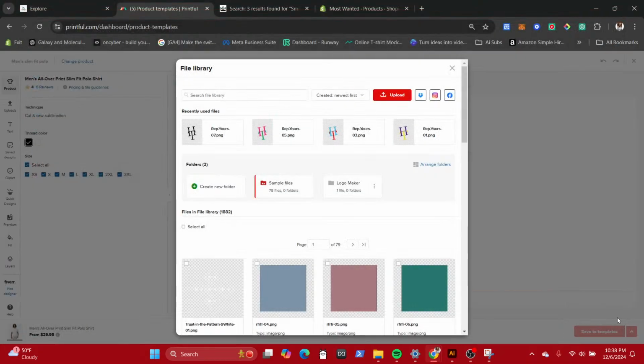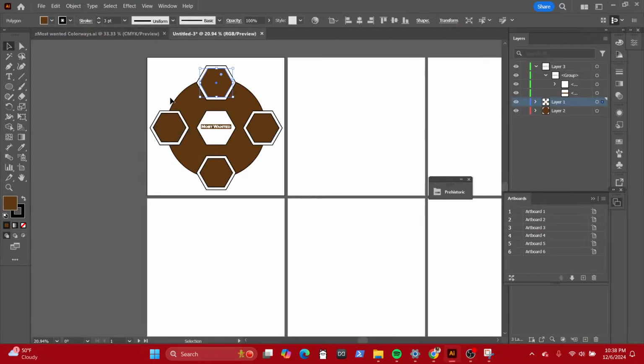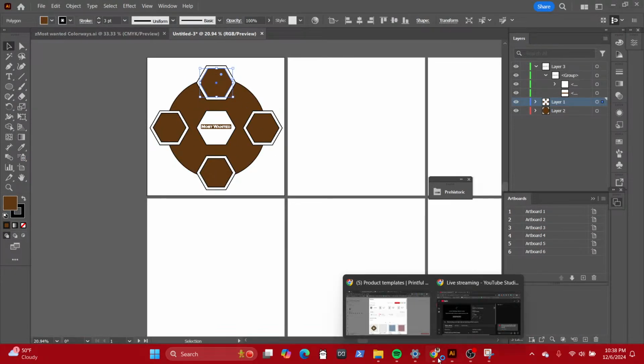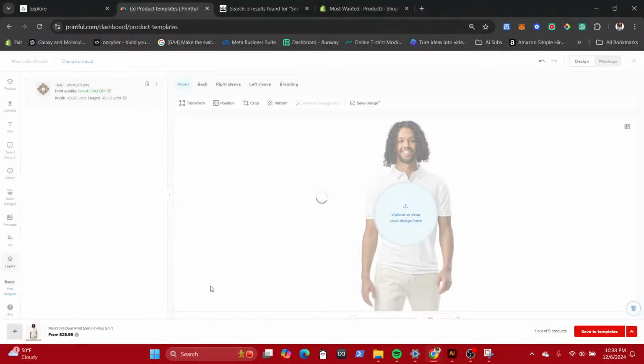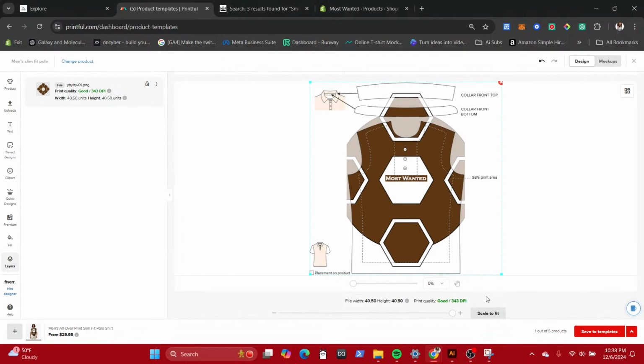So I'll upload this just to see how this pattern is going to end up looking once I put it on an actual design. Weirdly enough, the more I think about it, this should actually be clear and then the background should fill it in. I think the pattern is going to turn out kind of cool. But you know, that's why we do trial and error.